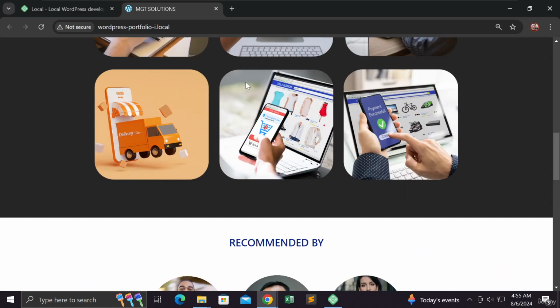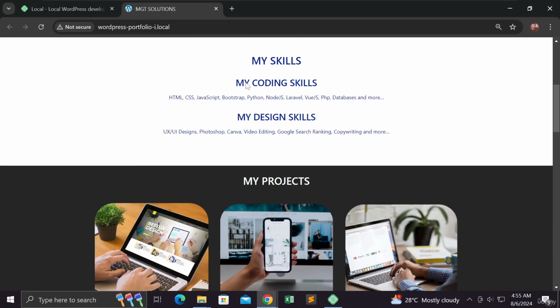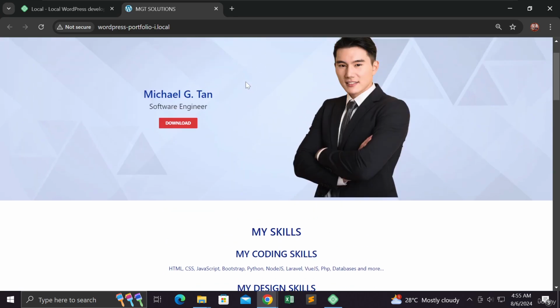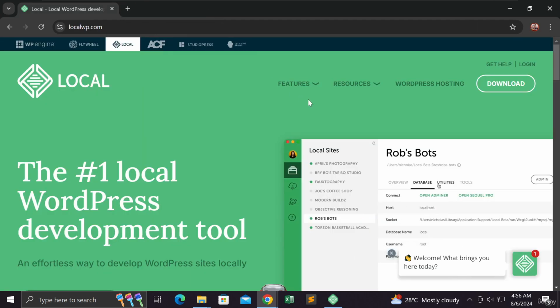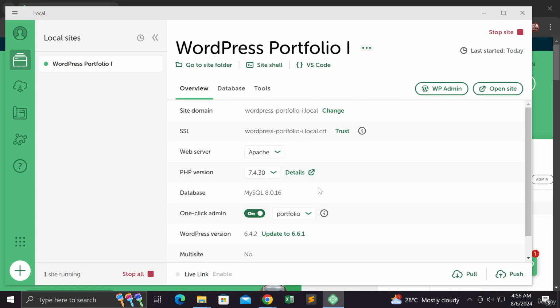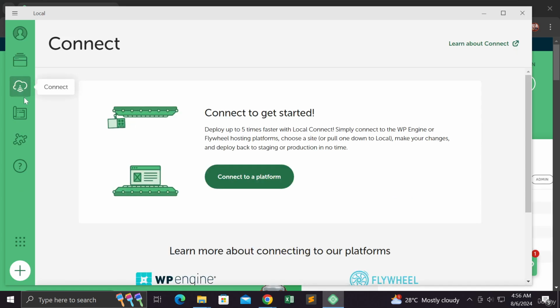But of course, we're not going to recreate this one. We're going to create a new one. And though this is a good platform, this local WP, just as I've said, maybe later they will ask for payment. Okay, so I think there is the cloud connection, cloud to the platform,